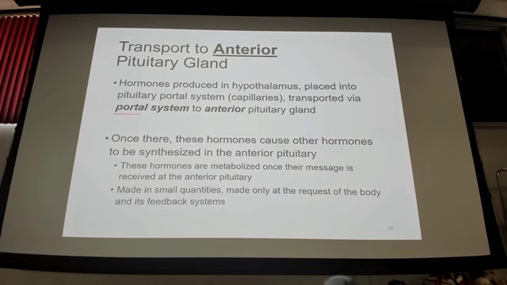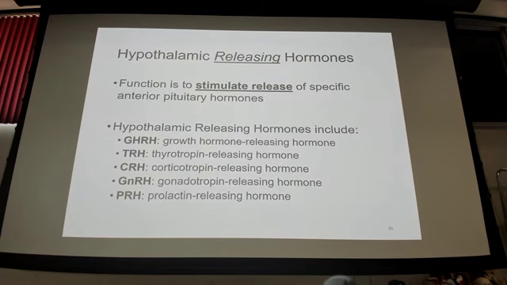Notice this. What is a portal system again? Yeah, sort of a capillary bypass, right? Exactly. Remember I said the anterior pituitary isn't connected physically to the hypothalamus. So how does the stuff that the hypothalamus makes get there? Through that portal system, through those vessels. It's secreted into the blood vessels, and it makes its way into the anterior pituitary to exert whatever action it's going to have. All right?